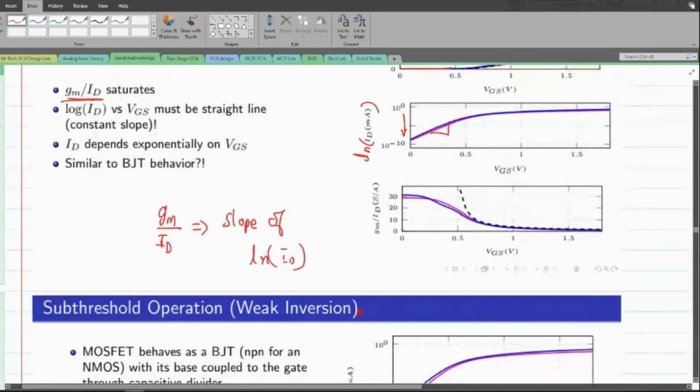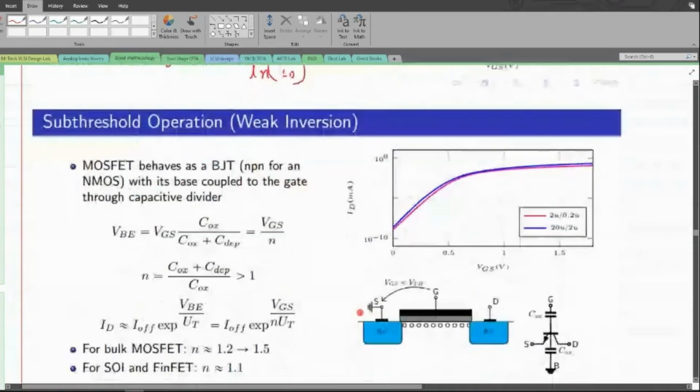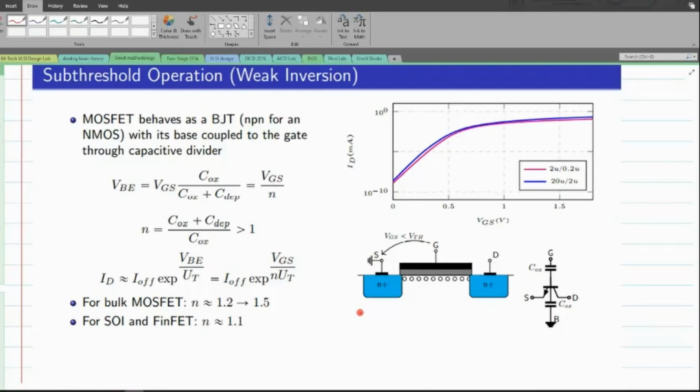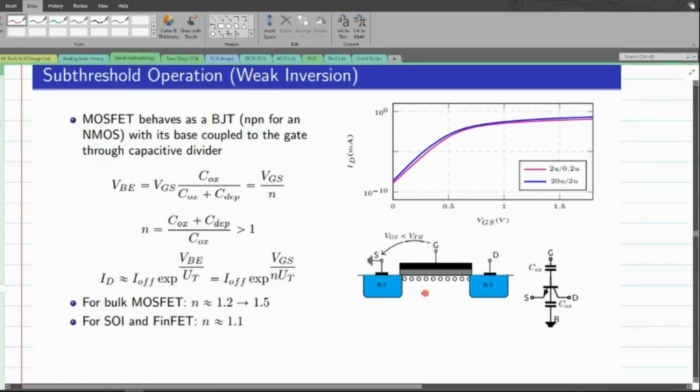Now, what we do next is try to derive the current equation. Why does this current flow? What is the mechanism by which the current actually flows between the source and the drain is what we want to analyze right now. When I look carefully here, it is nothing but an NMOS channel. Whenever I have a value of VGS that is less than VT, it creates some sort of depletion region, but there are no free charge carriers that exist between the source and the drain. Then you might wonder how exactly the current can flow between them, right?